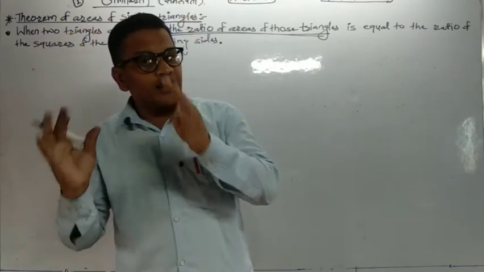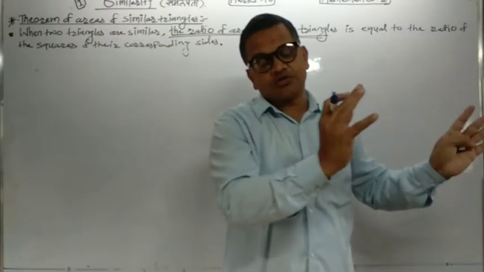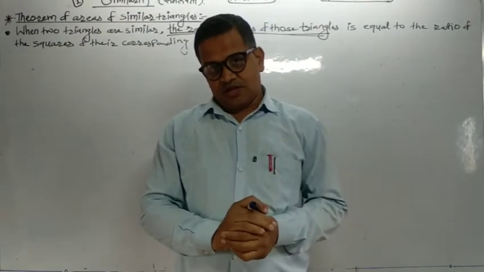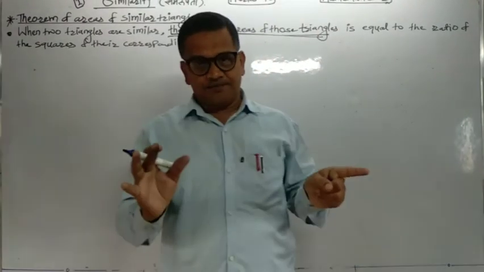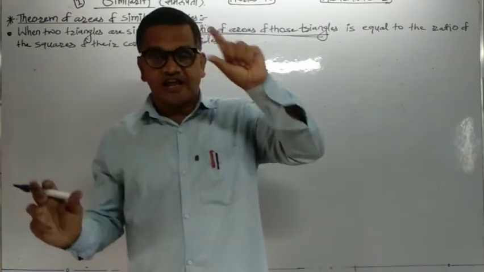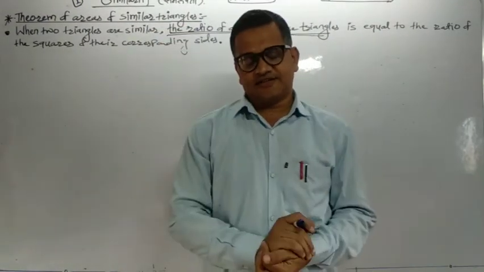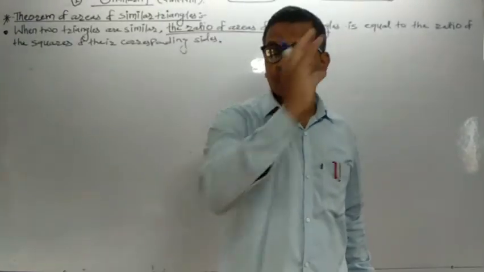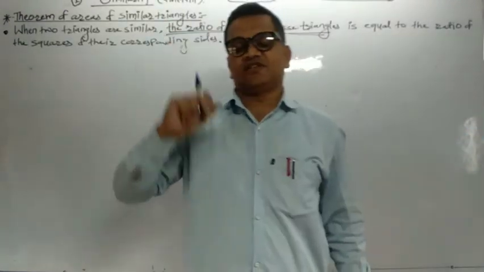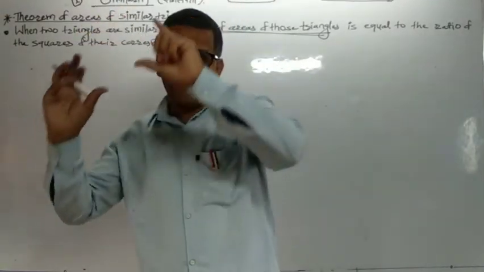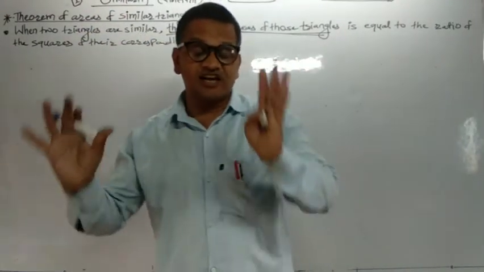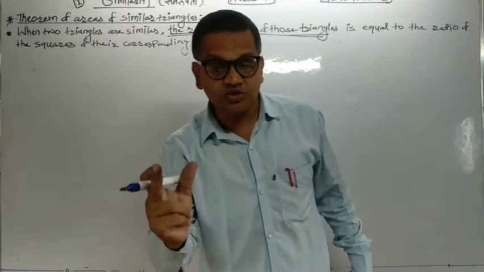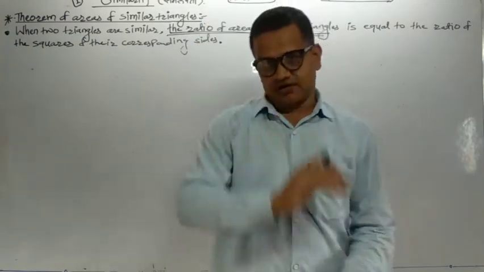The ratio of areas of triangles having different bases and different heights is equal to the ratio of the product of their bases and corresponding heights. If the bases of two triangles are equal, then the ratio of areas of those triangles is equal to the ratio of their corresponding heights. If the heights of two triangles are equal, then the ratio of areas of those triangles is equal to the ratio of their corresponding bases. And if both bases and heights of both the triangles are equal, then the ratio of areas of those triangles is 1:1, that is, their areas are equal.